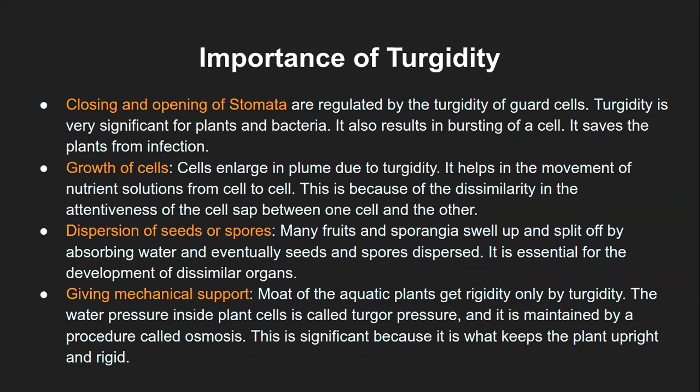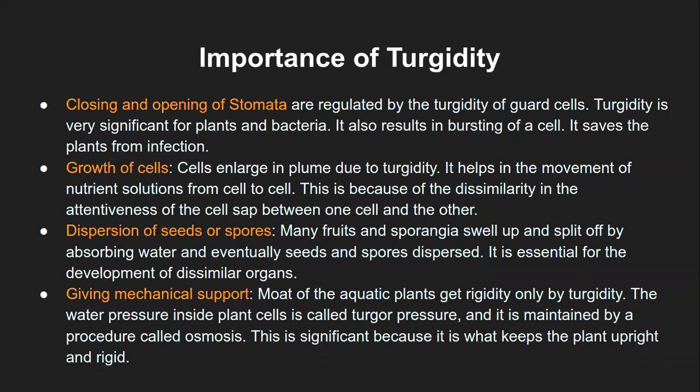So again, from outside of the root hair to inside of the root hair, within the different regions of the root, or within the different cells of the stem and of the leaf, the concentration of the inner content of the cell will be different. And because of that, the movement of water will keep happening, the movement of solute or minerals will keep happening. So that's one of the important factors for growth of the cell. If the cell is getting more and more nutrition, that means it will keep growing. If it is not getting nutrition, it will not grow. So this movement of turgidity and flaccidity is very, very important for the growth of the cells.